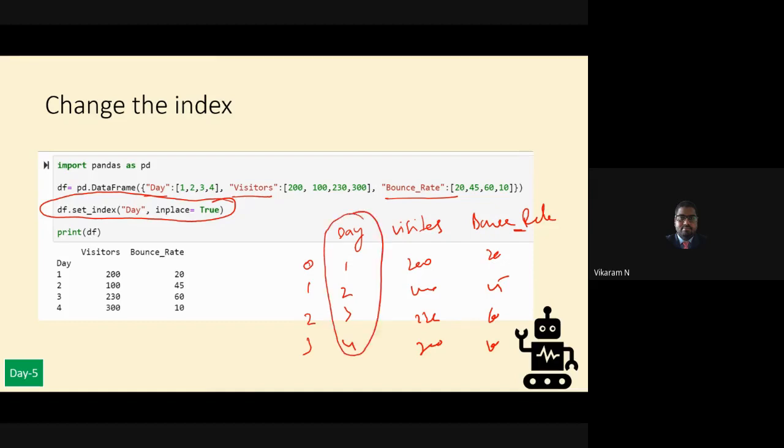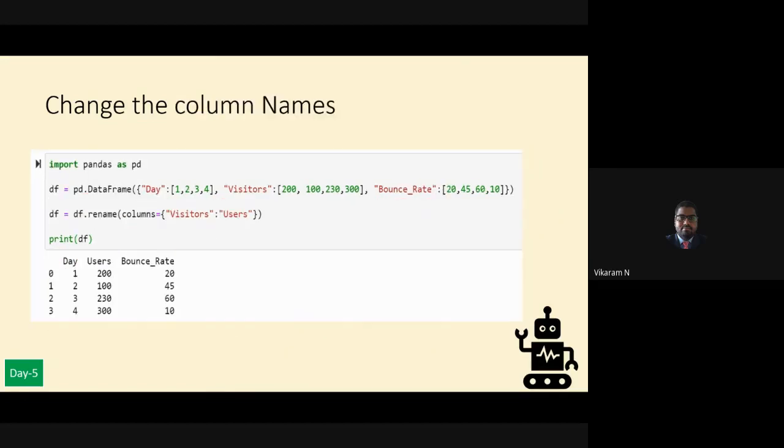I'm saying true. Then I'm printing. Output is this one. So here the day is the index. If you see, 0, 1, 2, 3 are not coming as an index. So the default index is not there. So I can change the index with this line by using the method set_index. So like this, we can change the index.